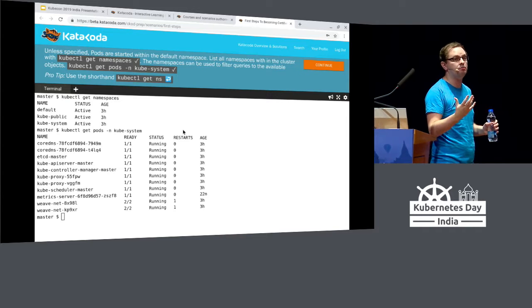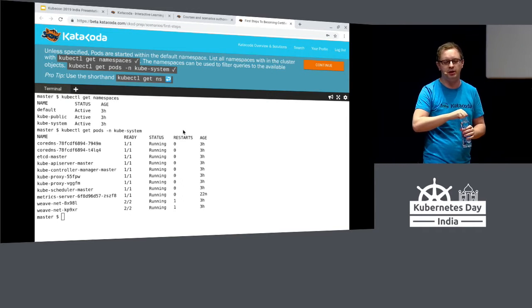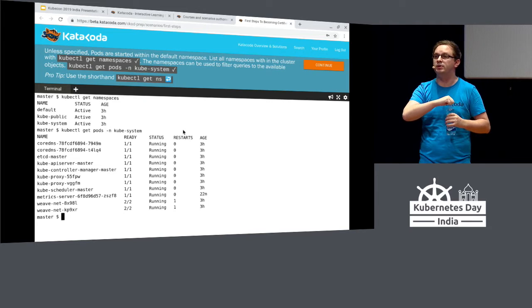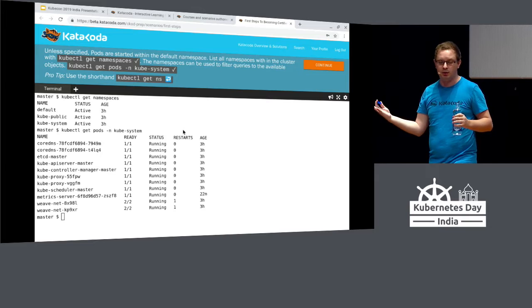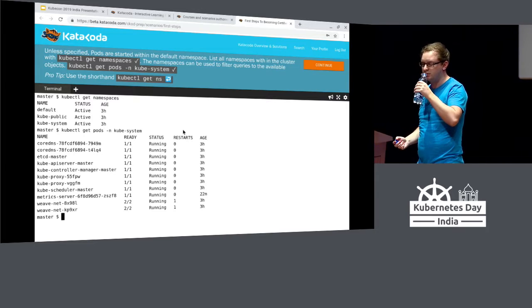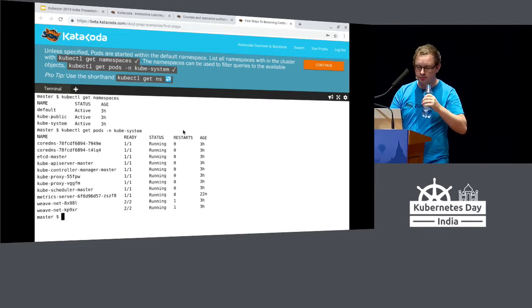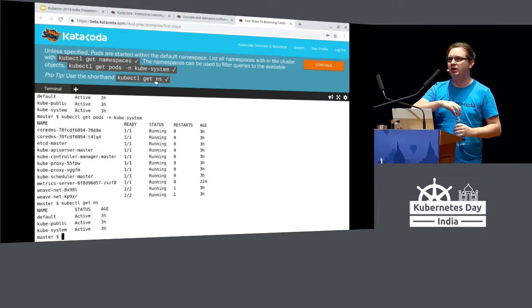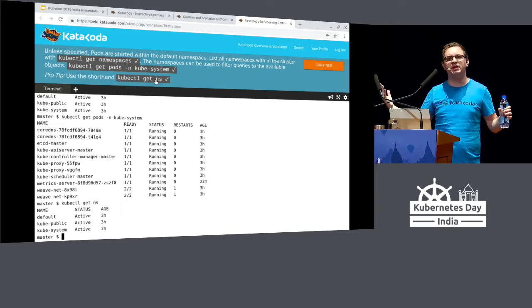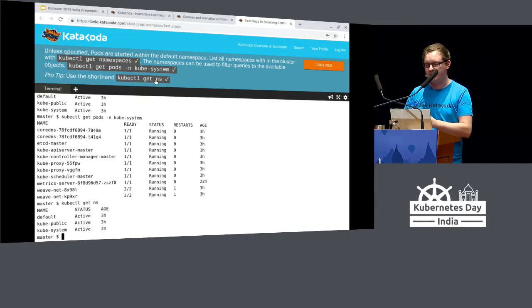And so now we can see much more information than what we did previously, because we now see all of the internal Kubernetes components, such as CoreDNS, etcd, the scheduler, and the metrics server. And also, there's shorthands. So if we want to save on typing again, we can just use ns. Why type namespaces when we can just do ns and get exactly the same result?